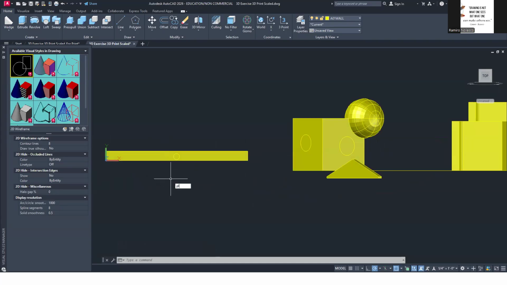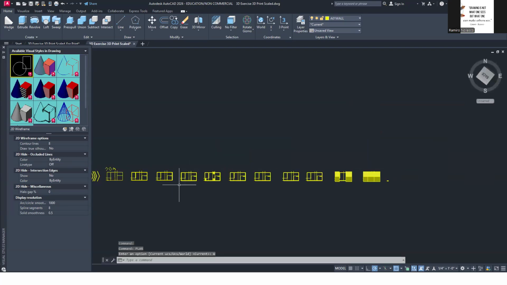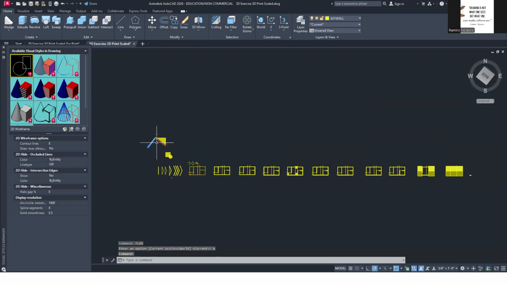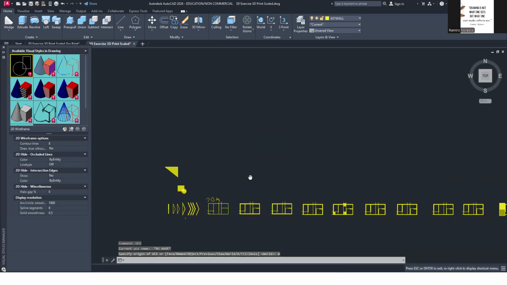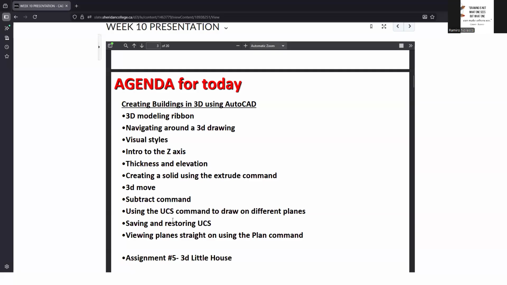Now, if you want to go plan and go to the initial plan view, so that's the world coordinate system or absolute plan view. Okay, so that's how you go back. See, our UCS is aligned to our surface. And if you want to change that UCS back to the world coordinate system, you simply type UCS world. Okay? So that's just a review of what we have learned so far.